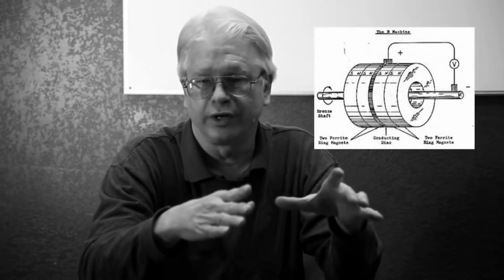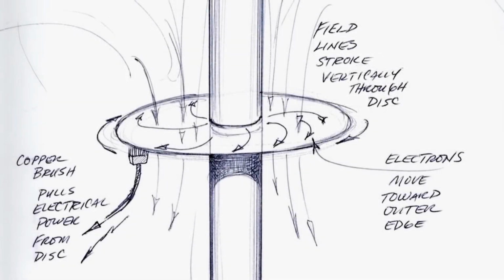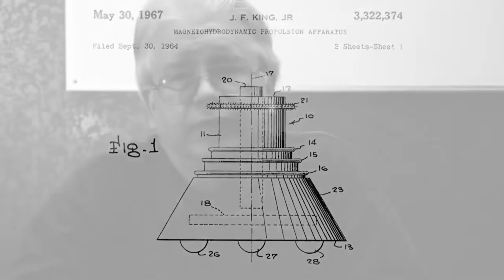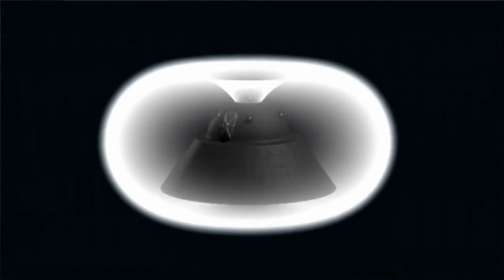But in effect, what I think its actual function is, is similar to what is called a homopolar generator, where you can use the centrifugal forces of a conducting metal disc that's spinning to actually throw the electrons in the material out to the edge, where they can be literally tapped off with something that looks like a brush that has conductive bristles. Now, I believe that what happens is that this vehicle develops probably several million volts of voltage. And the sheer